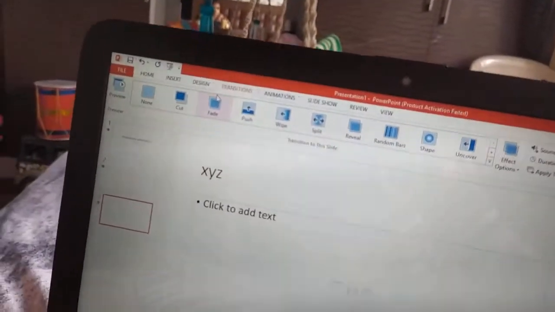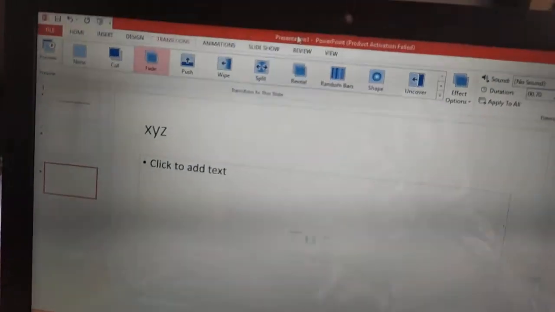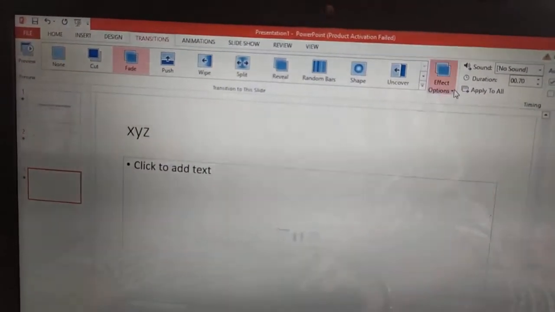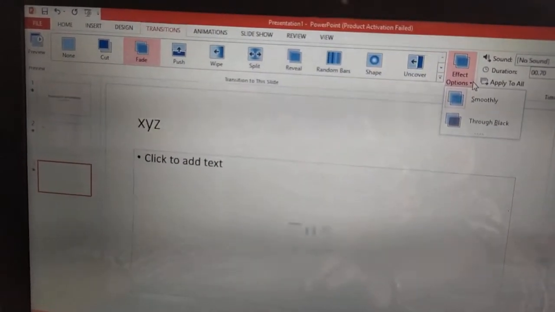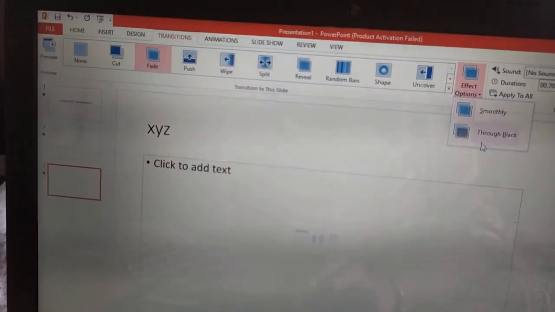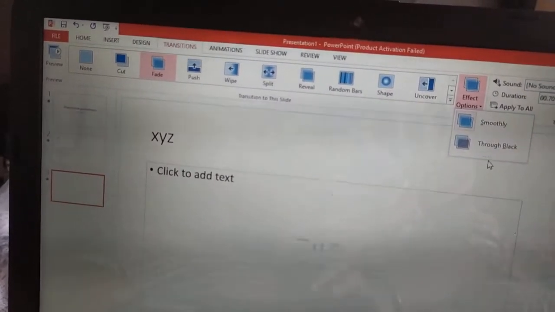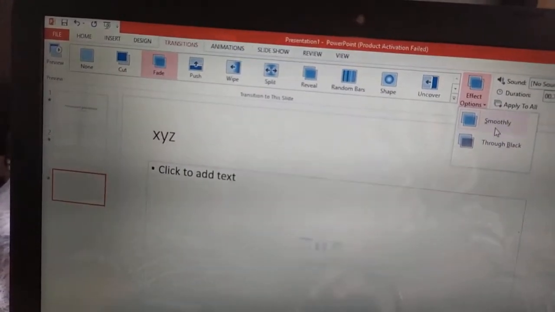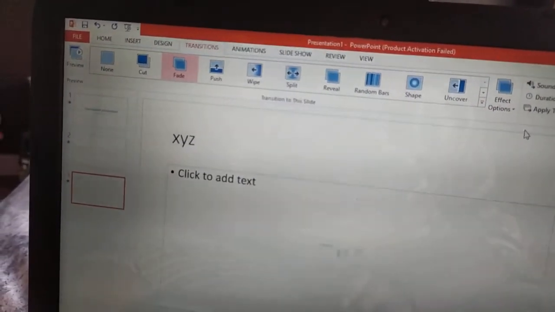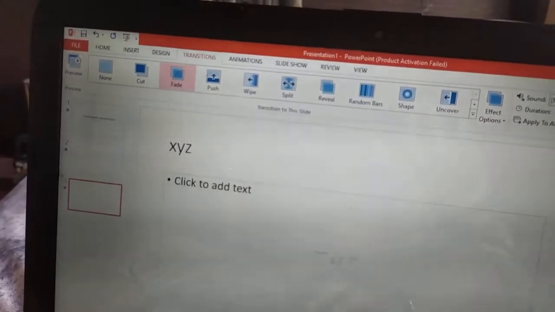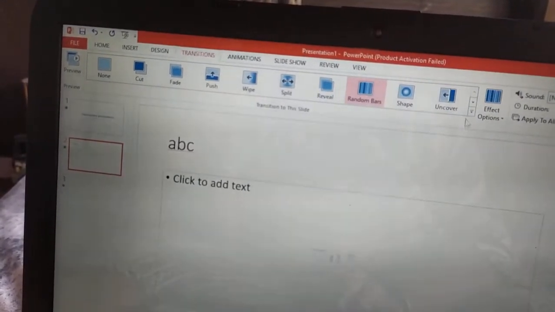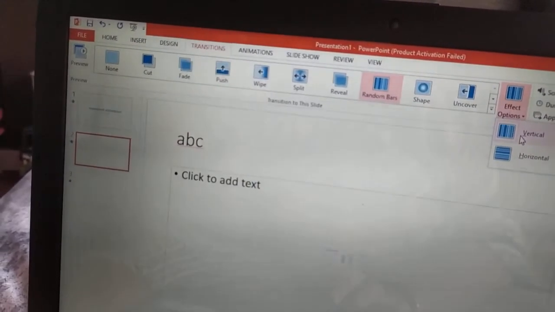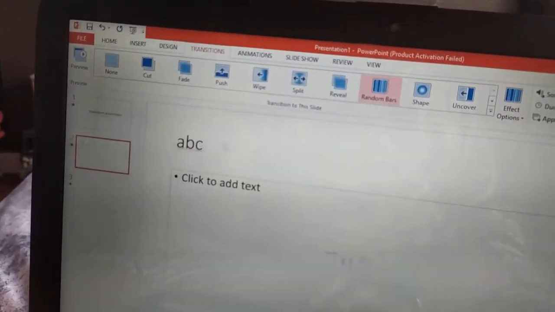Now next is the effect option. In the transition to the slide, effect option means how the transition will happen, smoothly or horizontally or vertically.